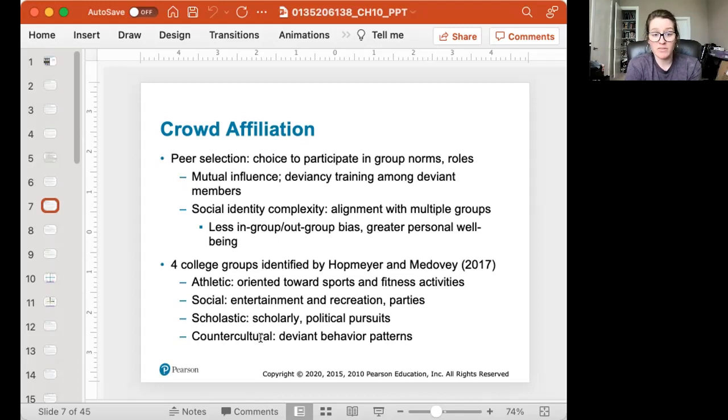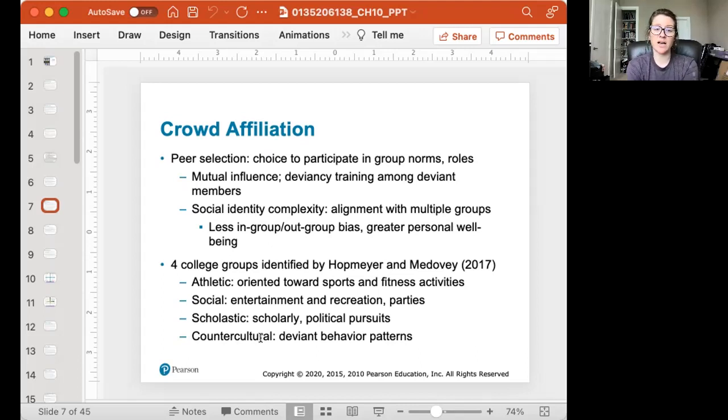And so for me, I had a very complex, not so complex identity, depending on what somebody else might say. I had alignment with multiple groups that were important to me. But I also liked being friends with anybody that wanted to be nice to me. I wasn't just friends with athletes. I wasn't just friends with people on my club teams. I was friends with people in theater and orchestra and band and all these different things because I enjoyed people